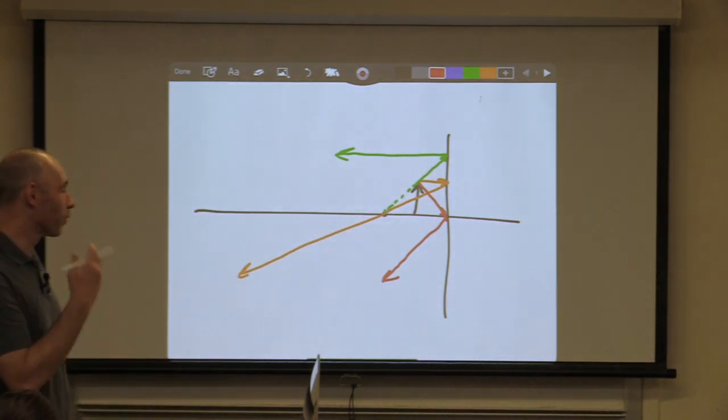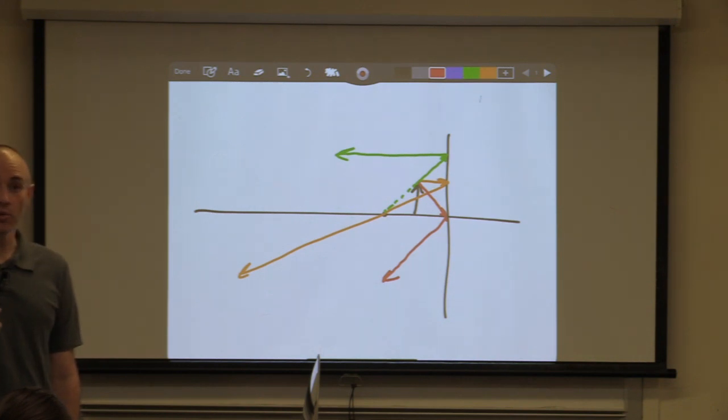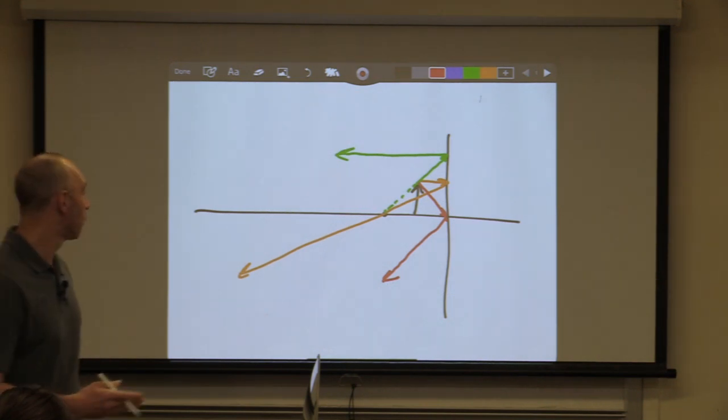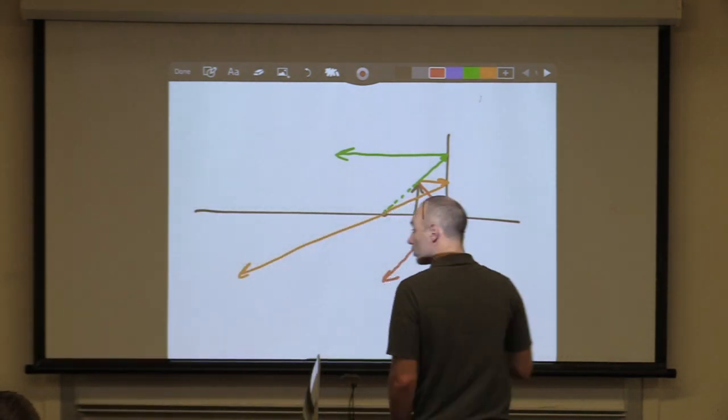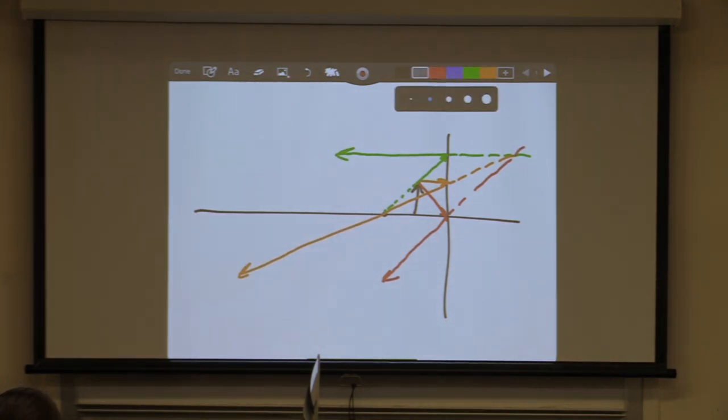But if you trace them backwards to where it looks like they came from, because remember, your eye doesn't know the light bent. It doesn't know it bounced. It thinks that all the light that it sees comes from a direct straight line direction. So if I trace them backwards, this one looks like it came from back here. This one looks like it came from back here. This one looks like it came from, whoa, look at that. They all meet at the same point right there.